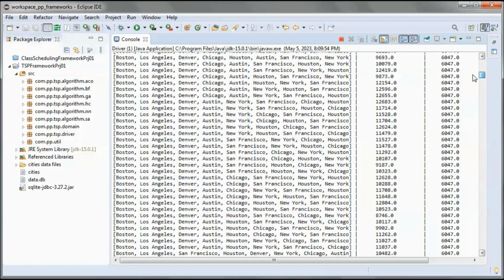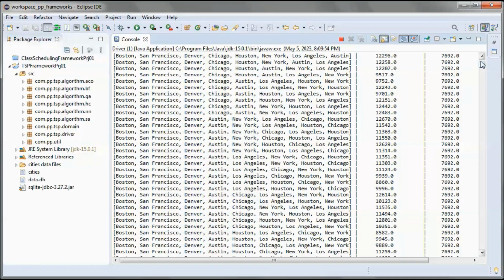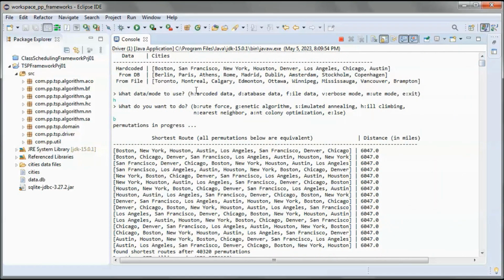And I want to pick up the data from the database, and I want to show how we change the database. So maybe let's make some changes to this.